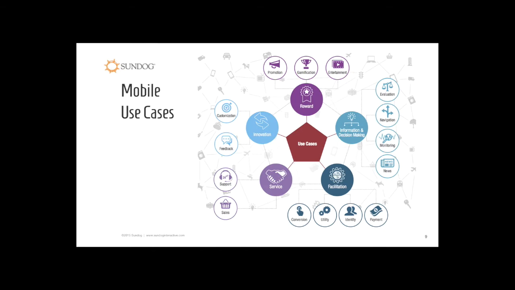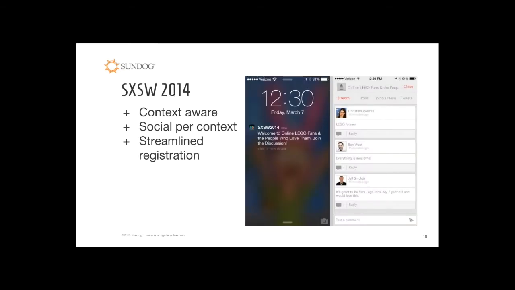So I'm going to go through quickly a few use cases that are actually in production right now for different things. So South by Southwest, they implemented beacons for their conferences. When you get to a session, they had a beacon on the doorway. So when you walk in, the app would know that you walked into a session. They could use that to present you a notification. And in that notification, it says welcome. And then when you click on the notification, it brings you into